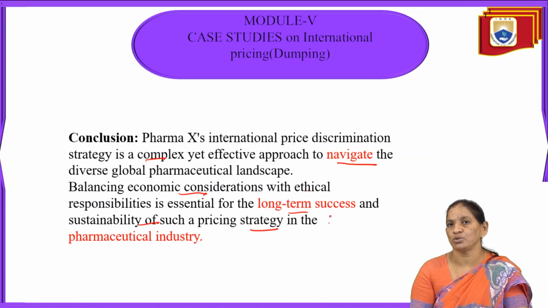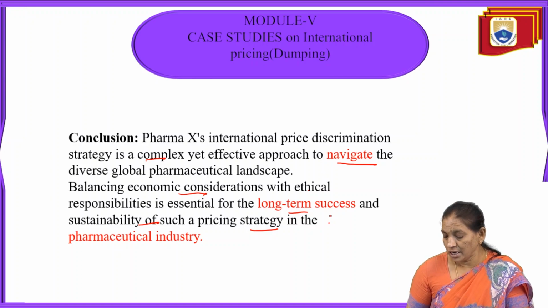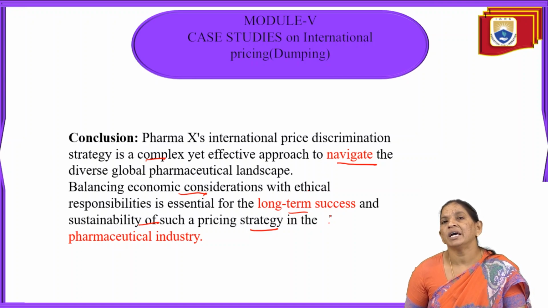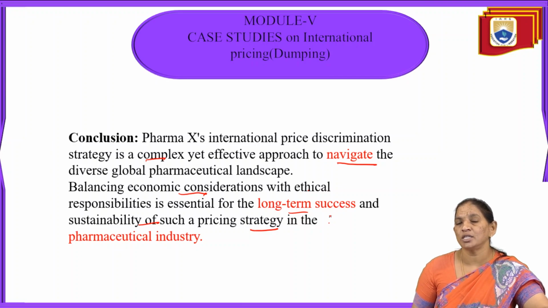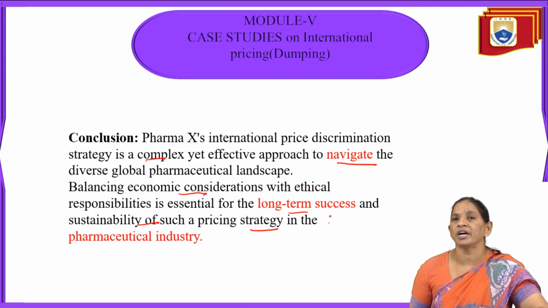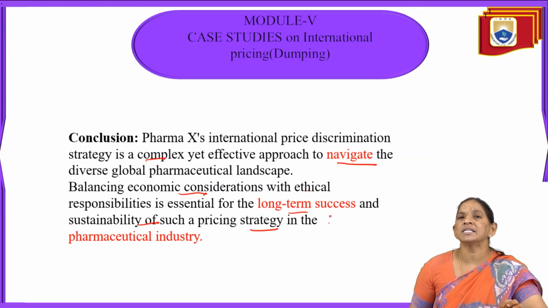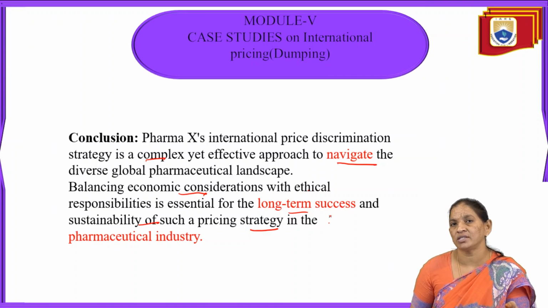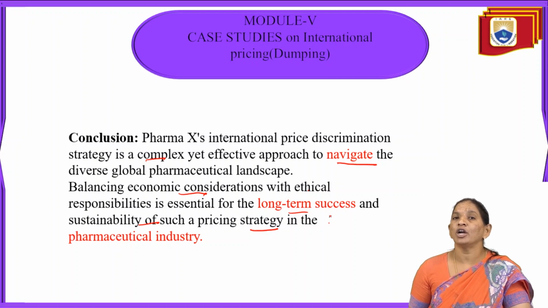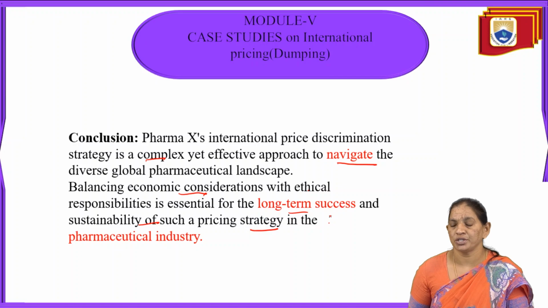So this is the analysis of the case study where dumping created advantages for some of the nations, and another case study, the first one relating to US agricultural products, which created a negative impact through dumping. So both these case studies show that more dumping goes toward negative impact, while for some requirements like life-saving necessities, dumping helps provide advantages for different nations. So these are the two case studies which we can consider in the case of international price discrimination or